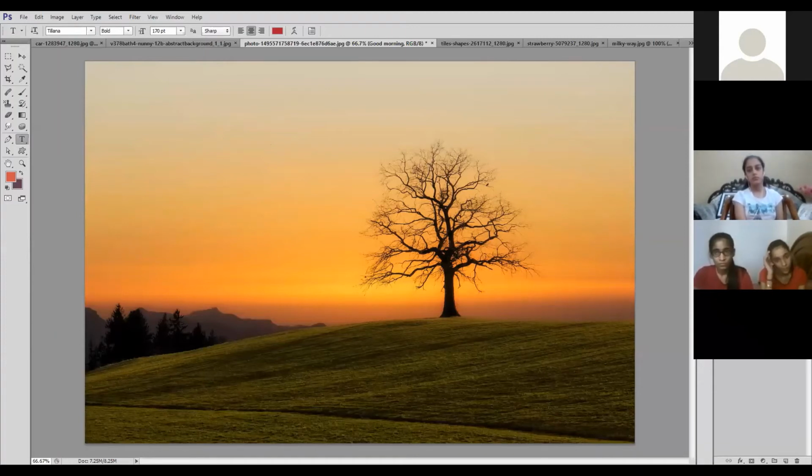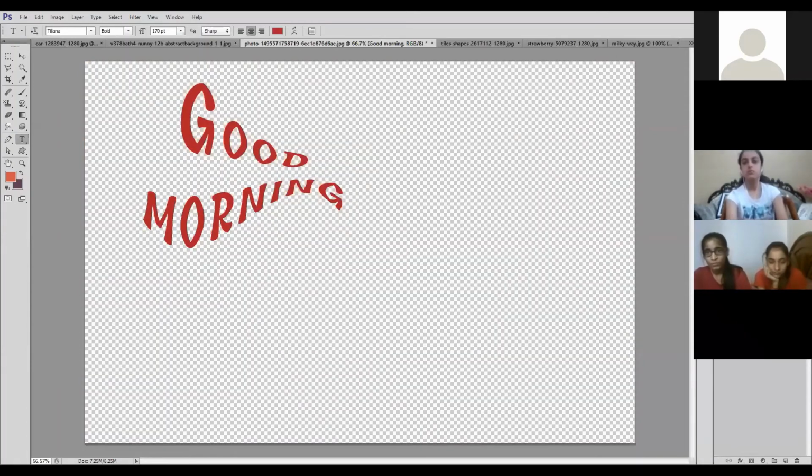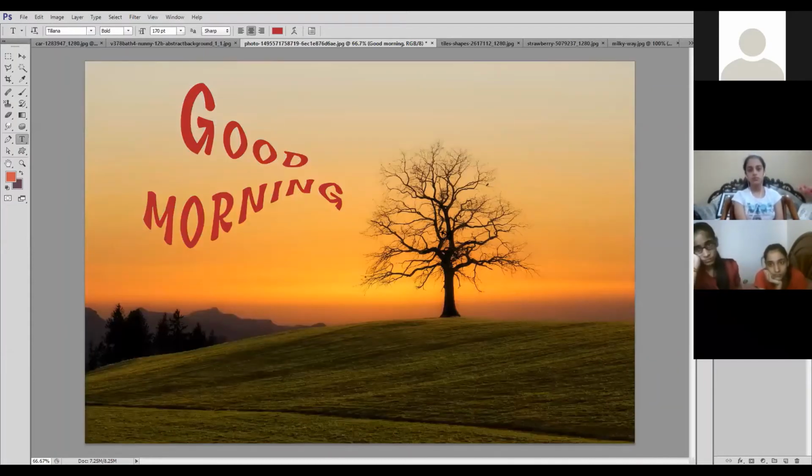This is the background image. I can click on the eye icon again. It will display the text. If I hide the background image, see, this is a transparent layer on which only text is there. If I display both, the background layer is at the bottom and on top of that, the text layer is there.